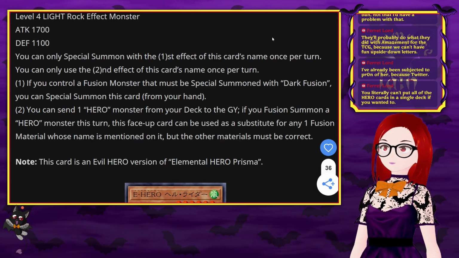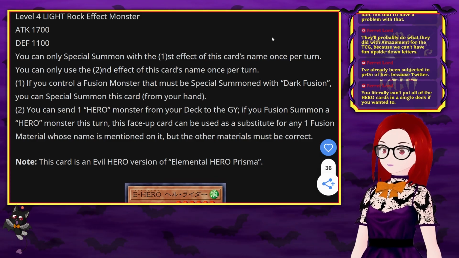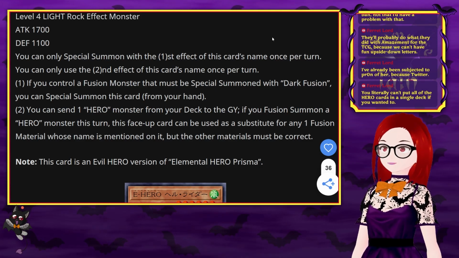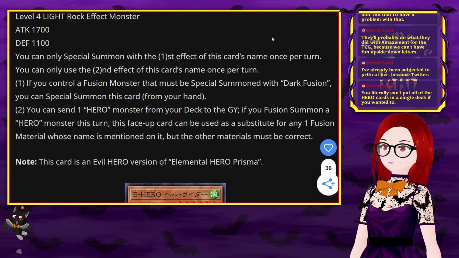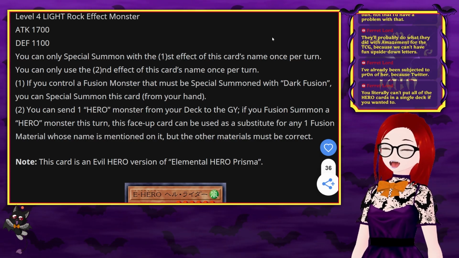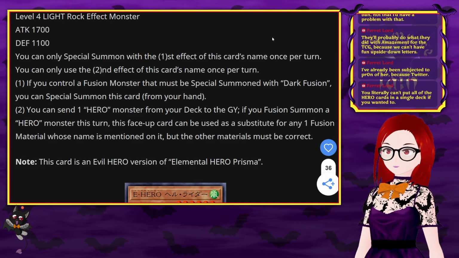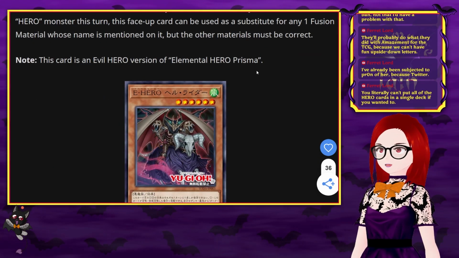If you fusion summon a hero monster this turn, this face-up card can be used as a substitute for any fusion material whose name is mentioned on it, but the other material must be correct. Sure. It seems fine. It's like the Evil Hero version of Prisma. Yeah, of course. Duh. This one seems better than Bubble Man, or Toxic Bubble, I should say. But